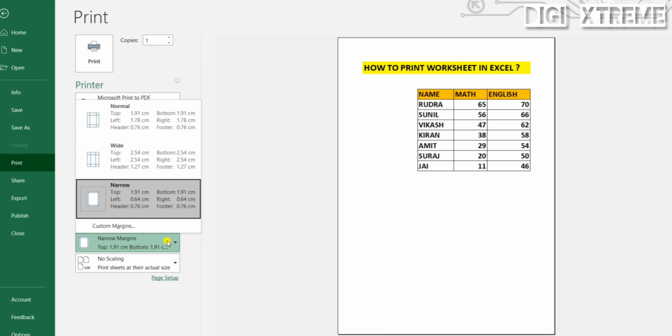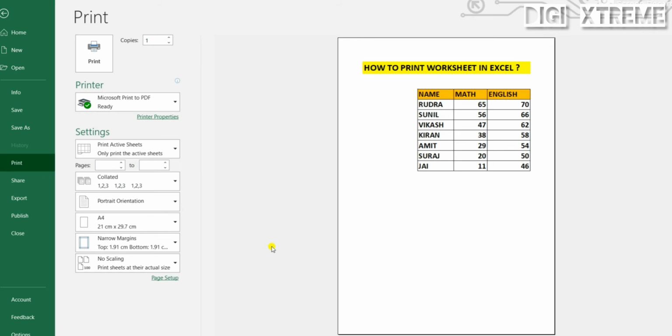So there are 3 options, and you can choose what you want: normal, wide, narrow. After making all the changes you want, you can click on print, and it will print out your data.